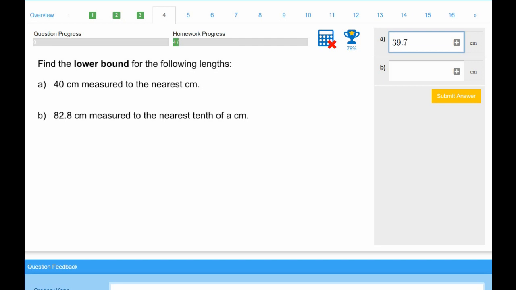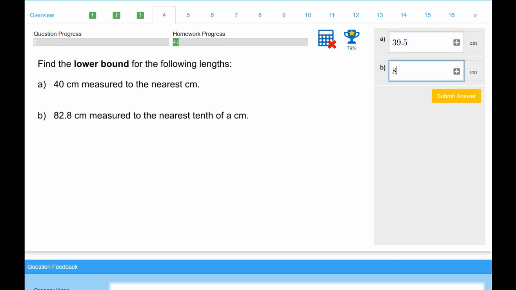39.7 would round up to 40. 39.5 would still round to 40. What if I did 39.49999? That would round down to 39. So my lower bound's easier, it's just that. And then